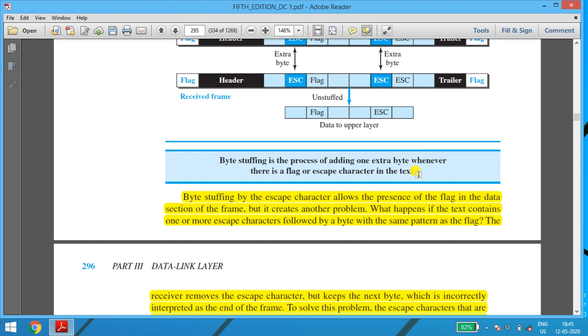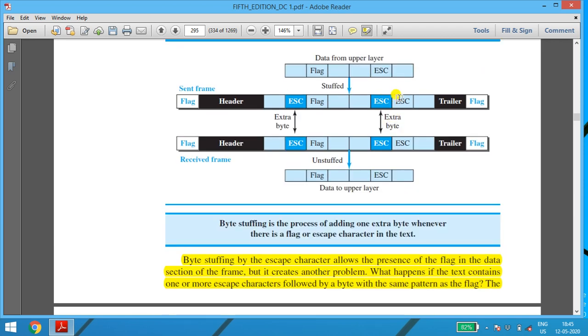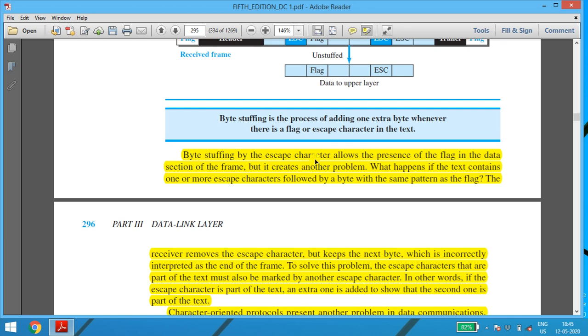Escape character: now if you go to see, students, there may be cases where escape characters, you will be saying why there are two escape characters over here. It's only because there may be a case where the escape characters are there in the data sections. So over here you will be having two escape bits. This directly indicates that the first is the extra byte which is going to get removed, and the next will be considered as the data only. Clear?